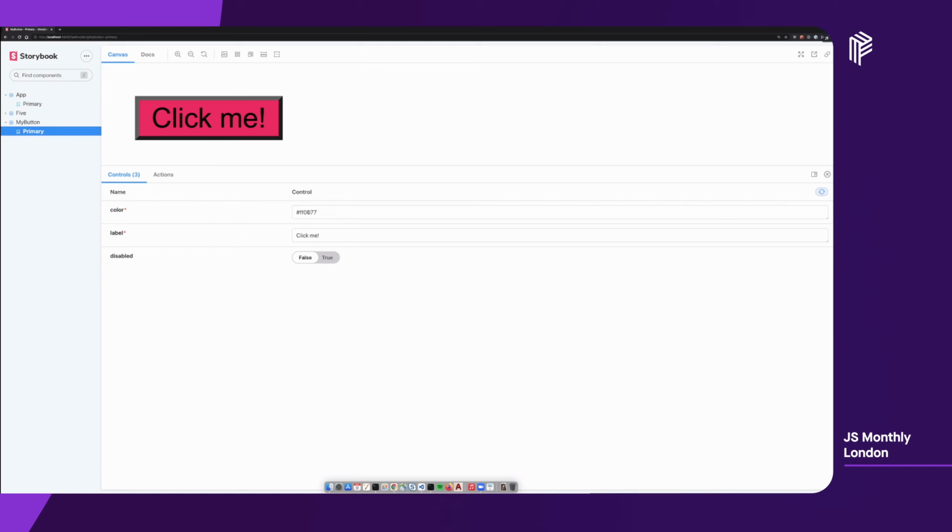And now, what's cool about this is that I can change the colors and everything live, right? So if I want a green button, I can go like this, and I can change the text. And I can say that I want it to be disabled. And I'm not sure that you can see because the text is very small, but also as I'm changing these controls here, not only is the UI and my component changing, but also the URL is changing,